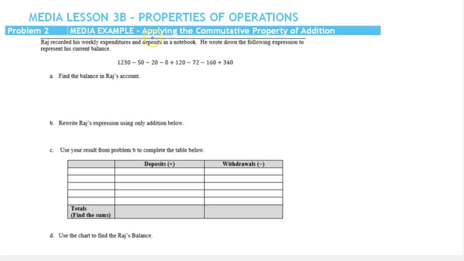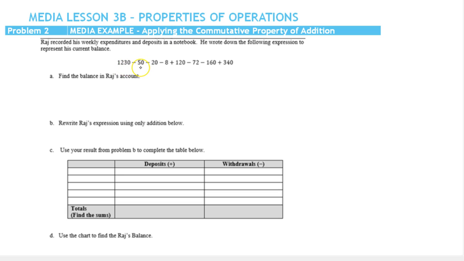In this example, we're going to see how we can apply the commutative property of addition to make a problem more simple. So Raj recorded his weekly expenditures and deposits in a notebook. He wrote down the following expression to represent the current balance. So maybe you can imagine this. He started with